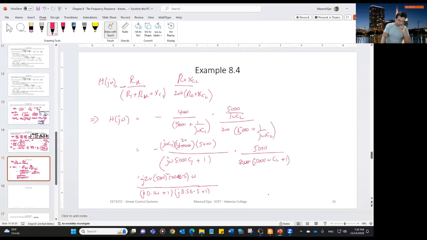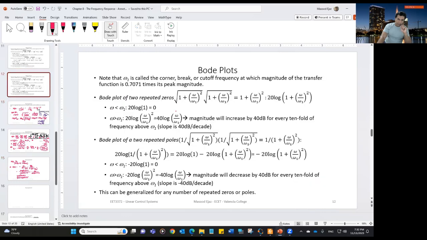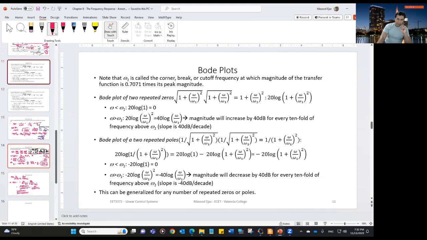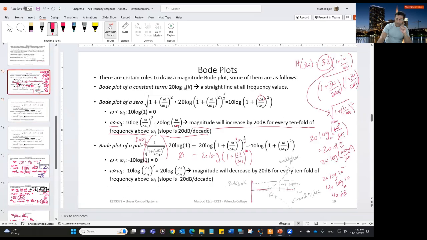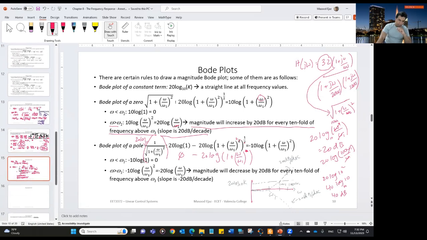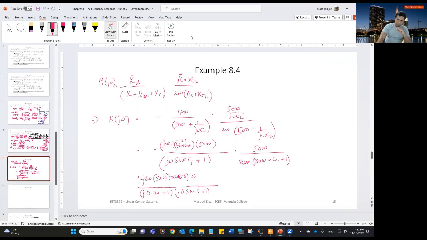All right, what are we going to do next? Remember, in which form we have to put it? We have to put it in this form, as I was showing you earlier: magnitude, zeros, poles, and we have to show the cutoff frequency. So j omega over the number, j omega over the number, j omega over the number. So if you look at the expression that we have,